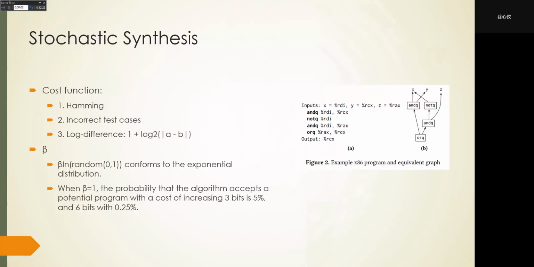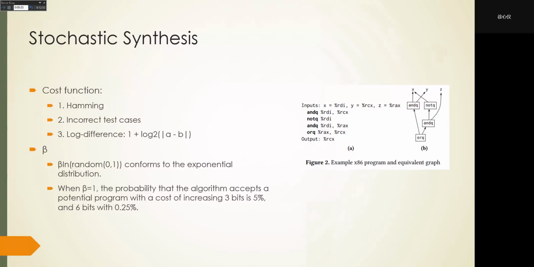Here the article uses three types of cost functions. The first is Hamming distance, and it also uses the number of incorrect test cases, and the difference. The three cost functions are proved to be valid and can be helpful with